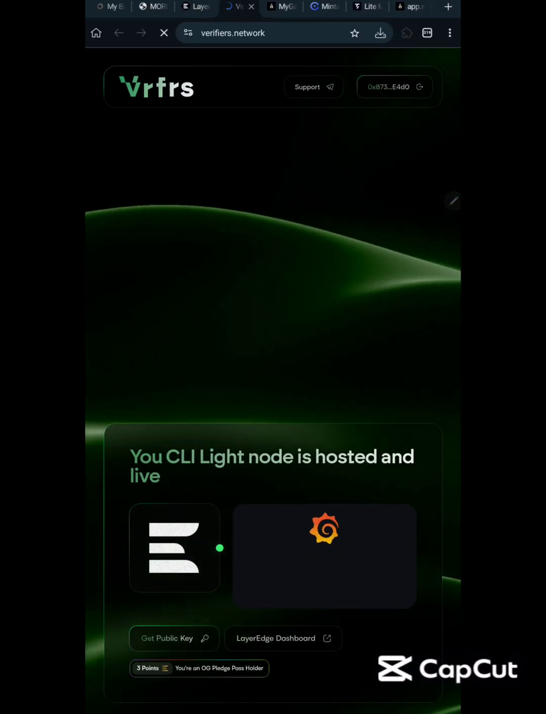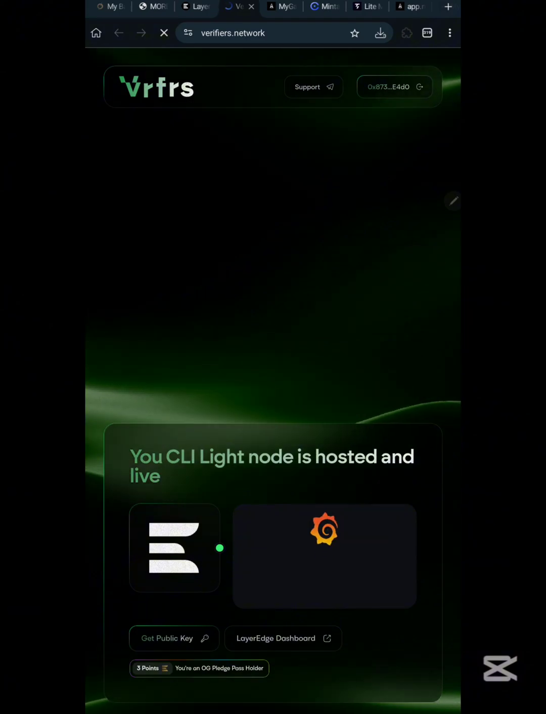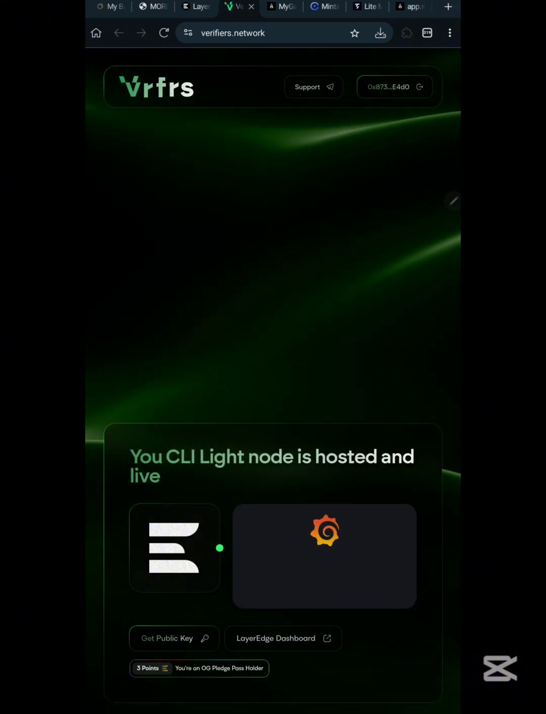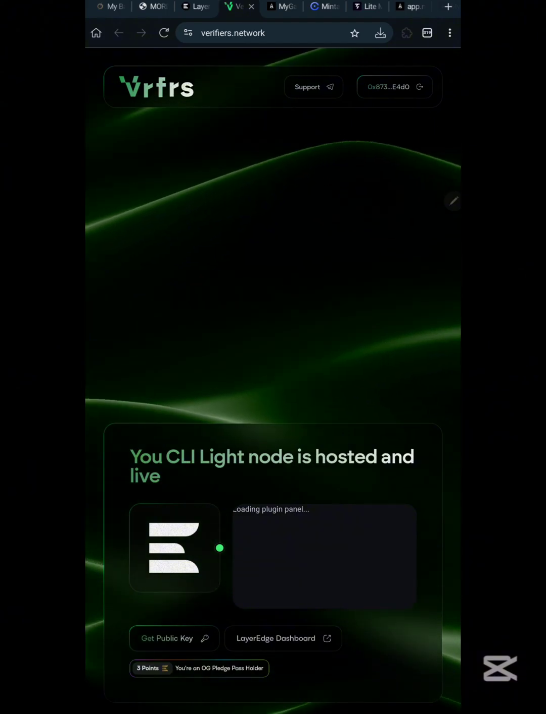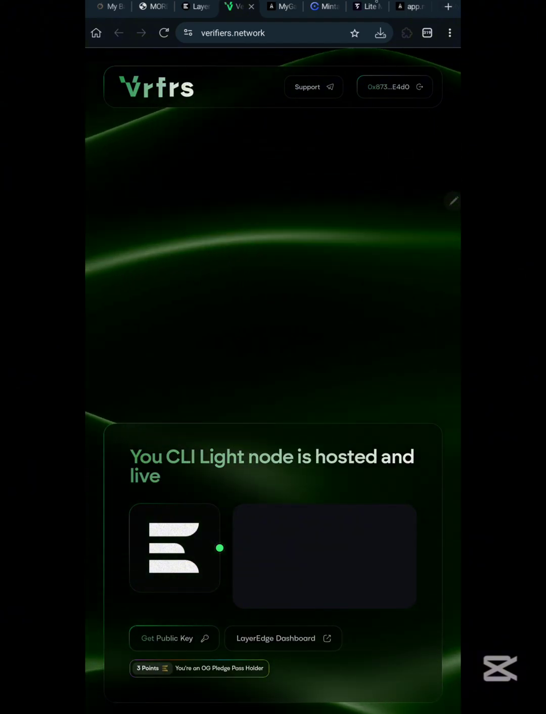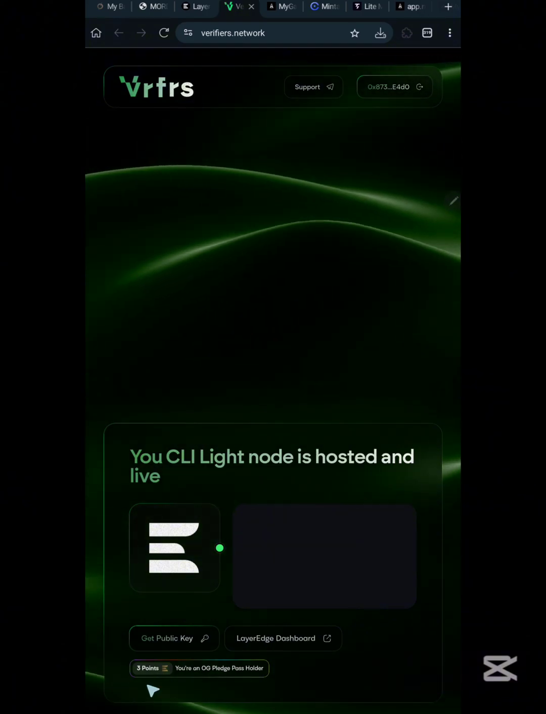Right here right now I've successfully deployed it on my own wallet. All right, so I've successfully deployed the LayerEdge node controller. So right now, what do you do from here? Over here right now, you can see that this has actually verified that I am an OG. Okay, so it has verified that I am an OG, and right now I'm going to be earning 3 points